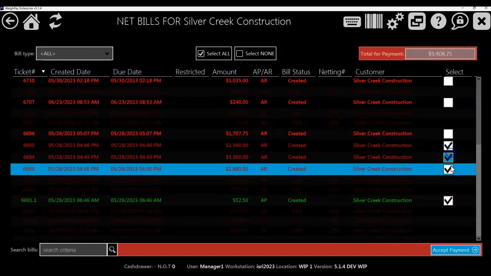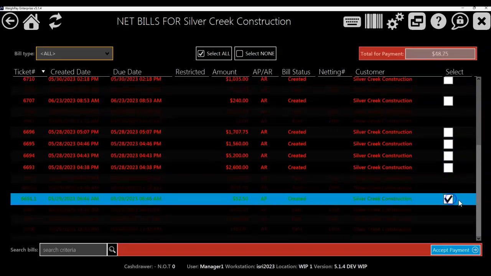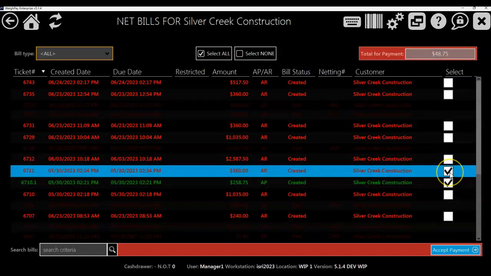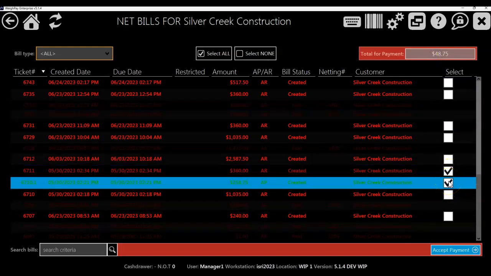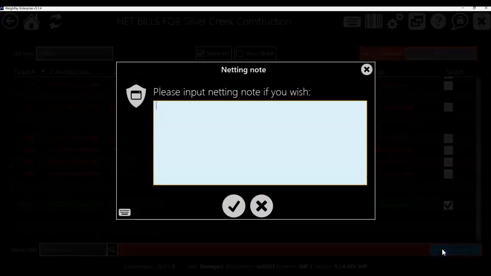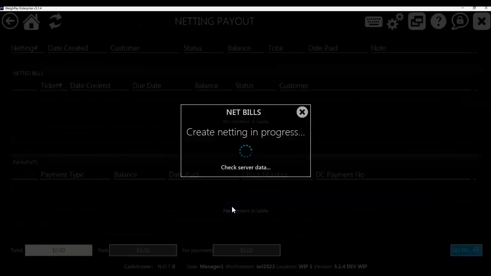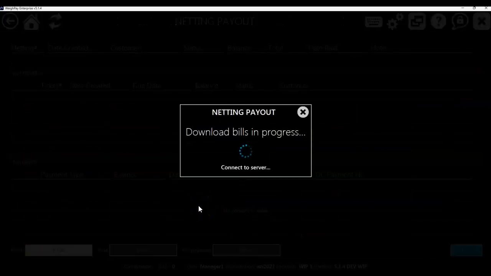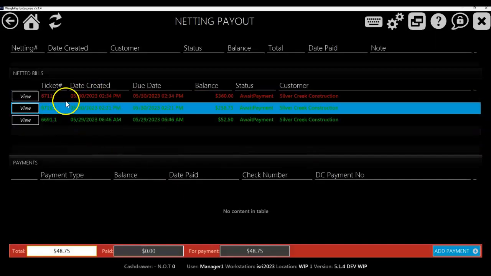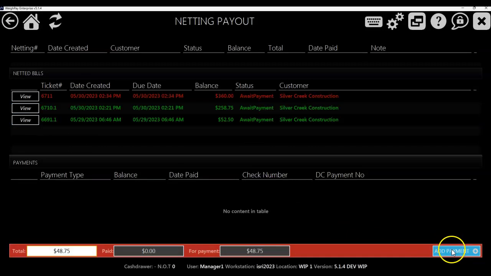So there's a bunch more tickets here. But I could have deselected all these with a single button, of course. But let's go ahead and just assume that at this point they owe me $48 because I've got this one netted against this one and that's netted against that last AP. So I could accept payment. I could put in a note if I need to, and then it's going to draw these together or consolidate them. And as it consolidates these two APs with one AR, I can then go ahead and accept the $48.75